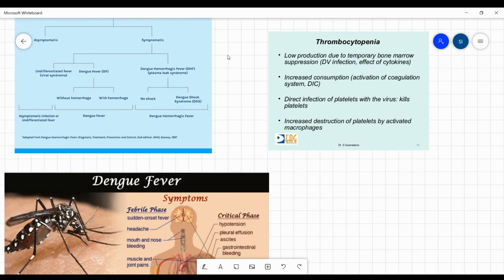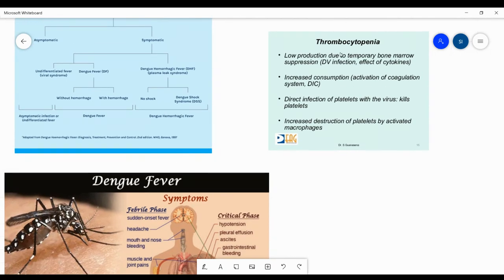As you know, with the dengue infection, there is thrombocytopenia. This is the main effect, a decrease in platelet count, which causes the hemorrhage. So hemorrhage is because of decreased platelets, because platelets are the cause of clotting in the human body. So when the platelets are reduced, clotting is disrupted and there will be hemorrhages in internal organs in different parts